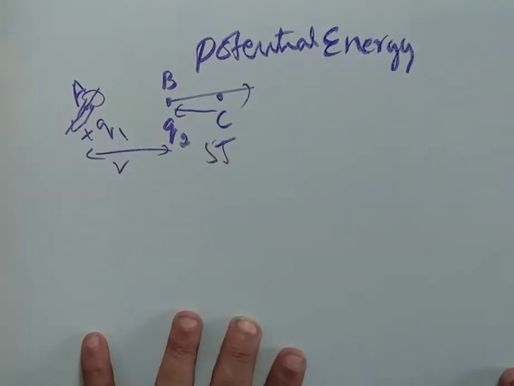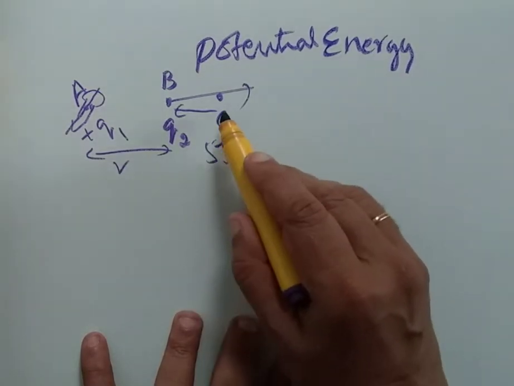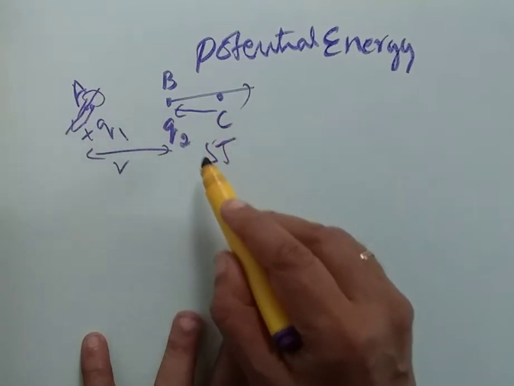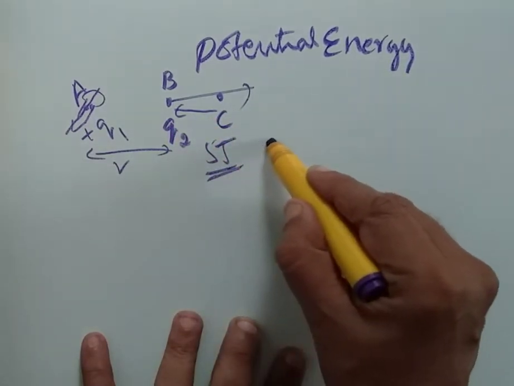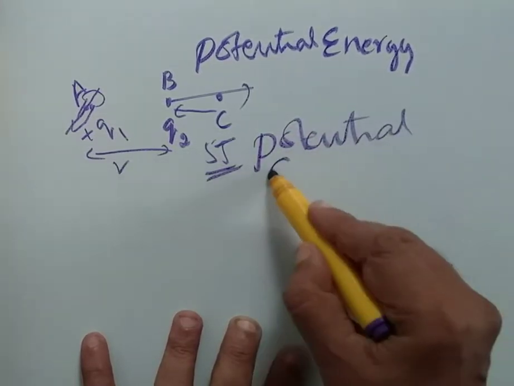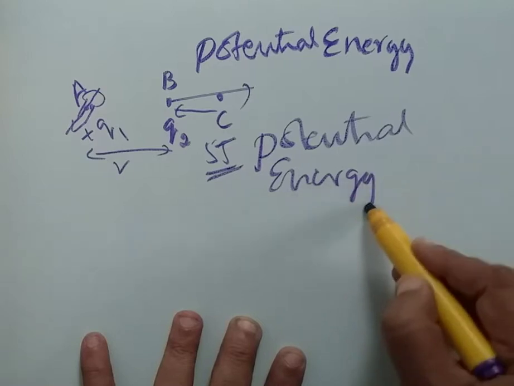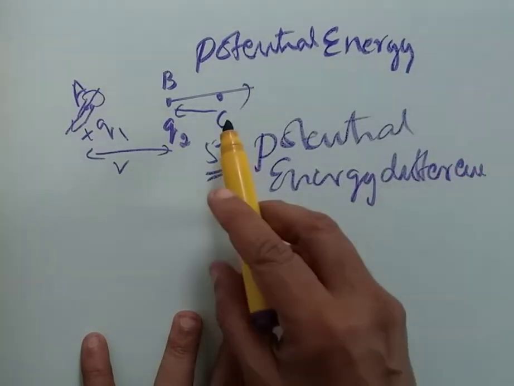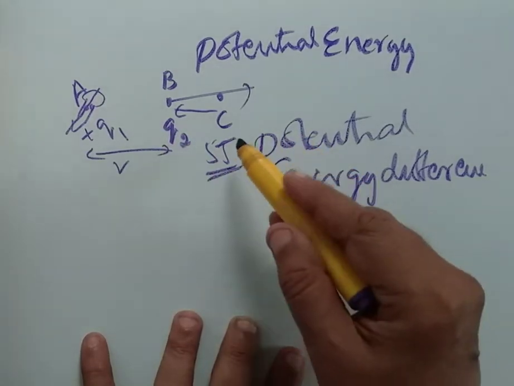So, what is exactly the definition of potential energy then? In fact, what we measure as 5 joule in this example in pushing charge Q2 from C to B is what we call potential energy difference. Potential energy difference. Because it is the difference in potential energy from C to B, because someone already did some work